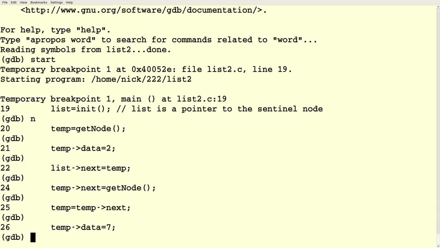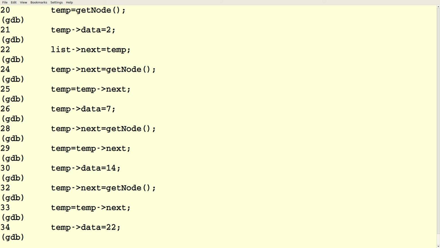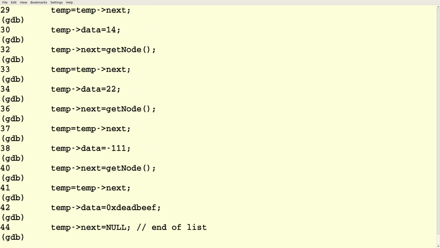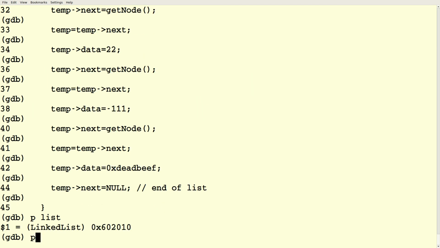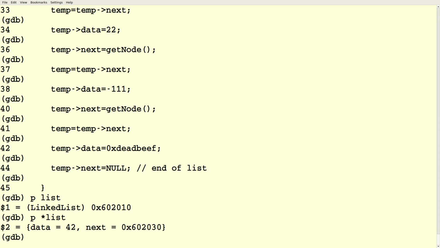All right, so let's run through. All right, and we said temp next equals null. All right, so list is 0x602010. It points to 0x602030. Well, let's just